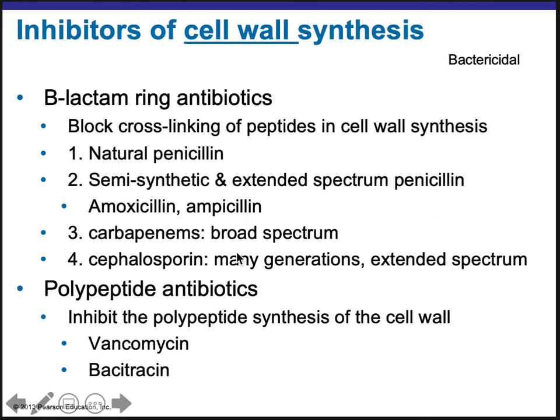And cephalosporin, which I mentioned in the last video, has different generations, and depending on which generation, that will determine exactly which group of bacteria it kills. So it is an extended spectrum, but it's still a relatively narrow spectrum because you will either target gram-positive or gram-negative or Mycobacterium, but none of the generations are going to get all three of those groups, okay?